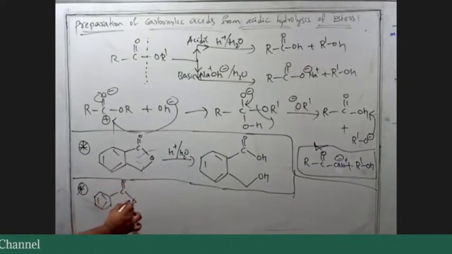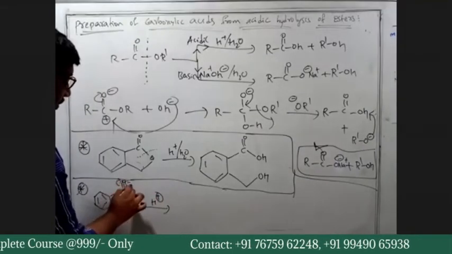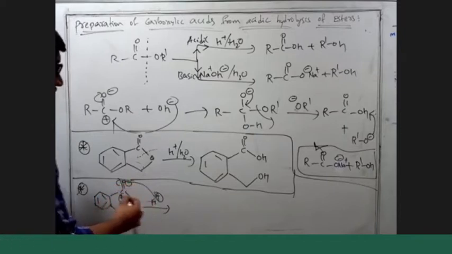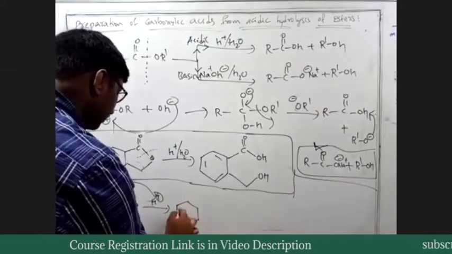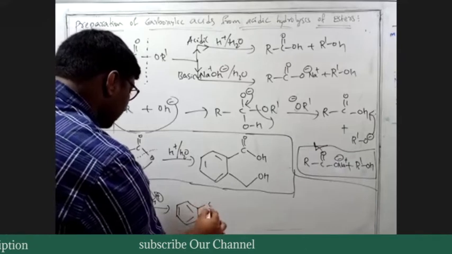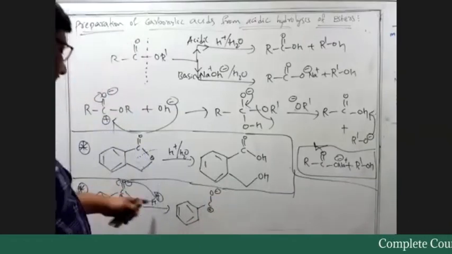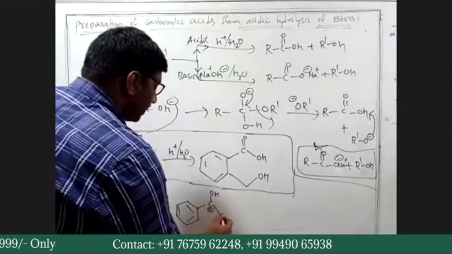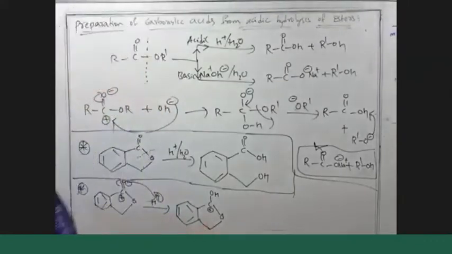C double bond O. Initially we have H plus. So we get O minus and carbon plus. The negative charge on oxygen will now attack H. So what do we get? The positive charge will be as it is, and O minus attacks H, so OH will be formed here. Oxygen would be as it is, and the other two groups, CH2, would be as it is.